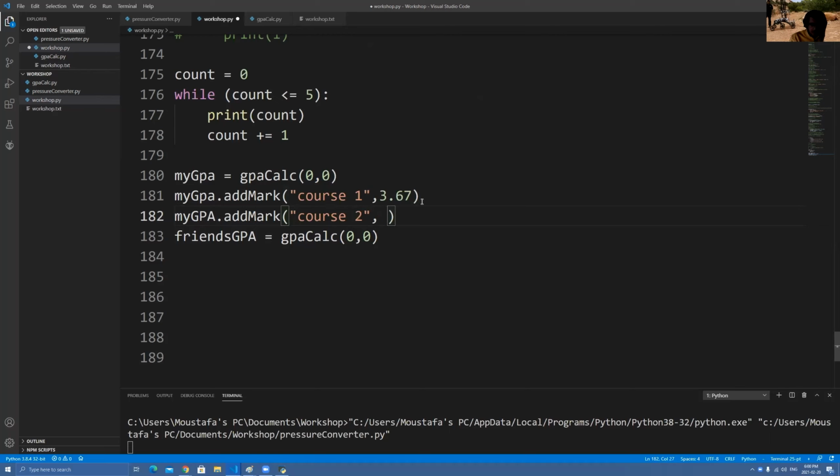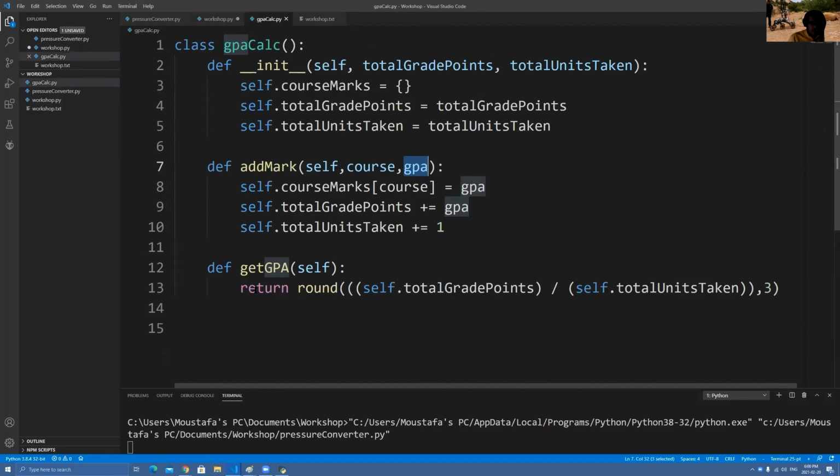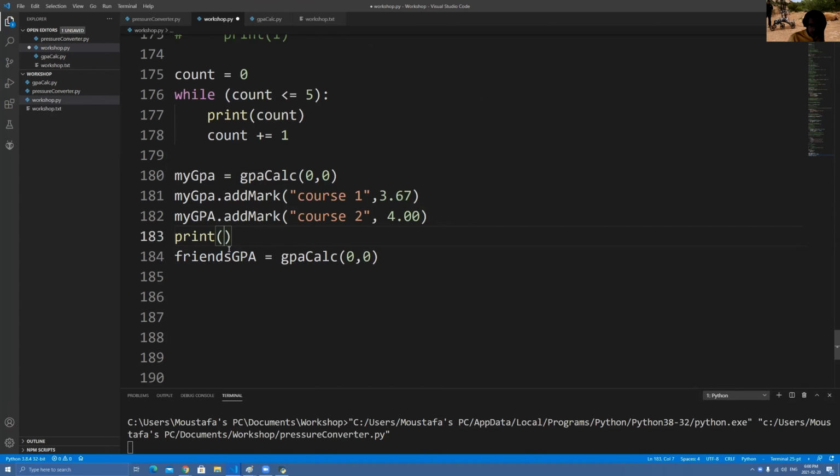And then I give it, I don't know, 4.0. Okay. So now that I have that, I can print my GPA currently using the function we have here, get GPA, right? If I write print my GPA dot get GPA here, and I print it,